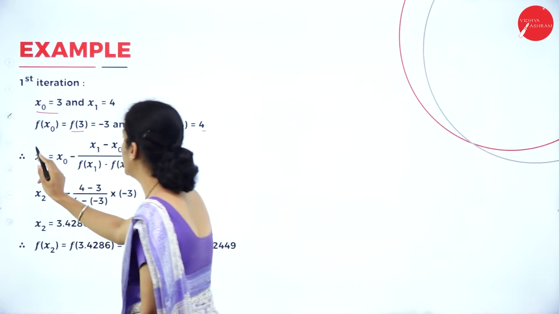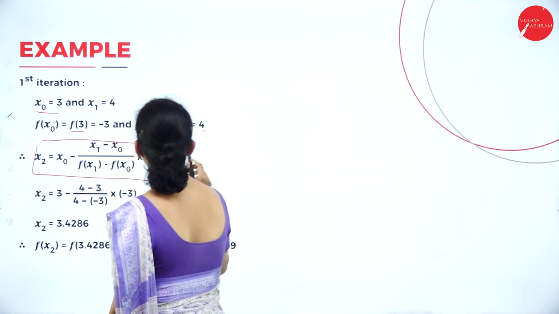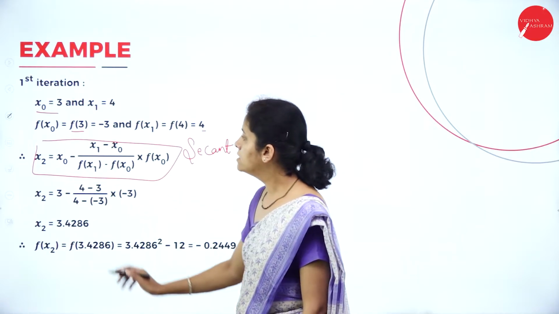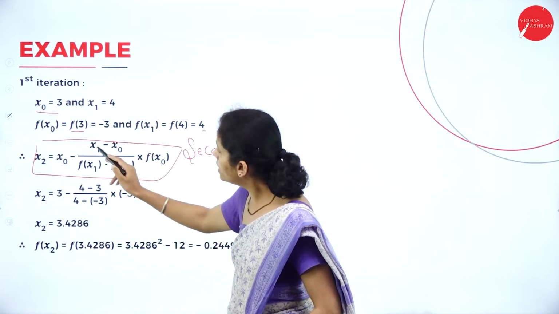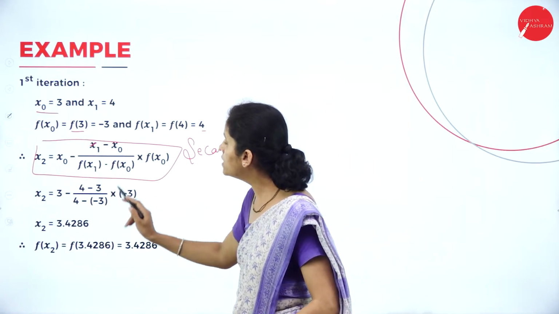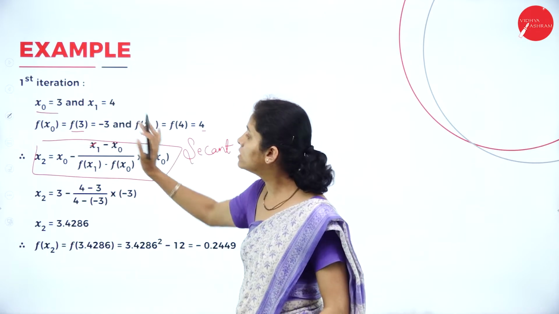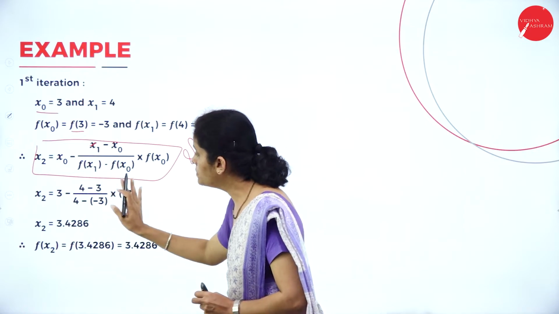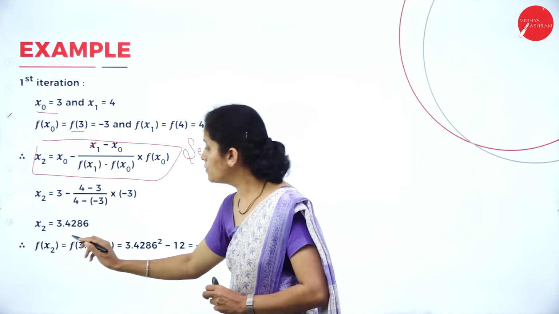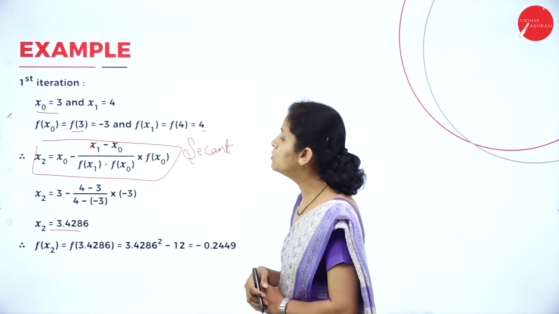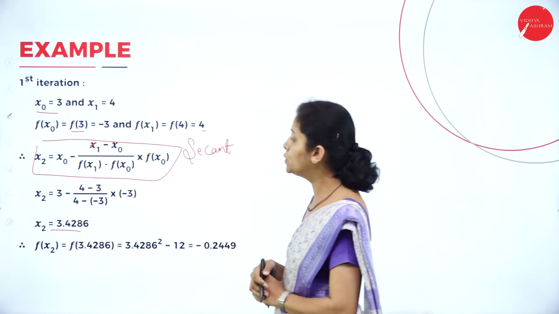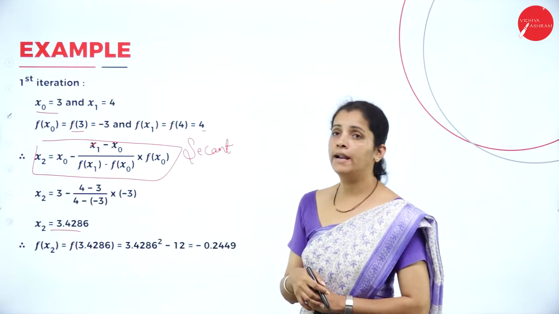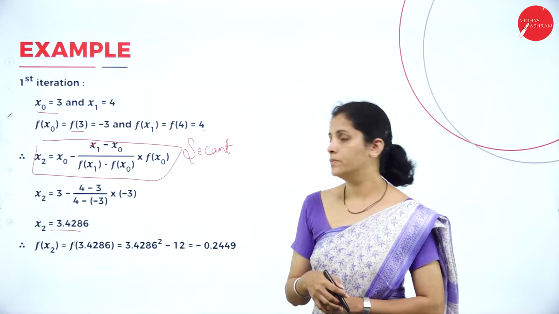Now, this is my second method formula. I want x0 and x1 and f of x1 and f of x0. So I have all the values. Now what I'm going to do, I'm just going to substitute. After substituting, I'm going to get the answer x2 equal to 3.4286. Now I just want to find the f of x2 and I'm going to